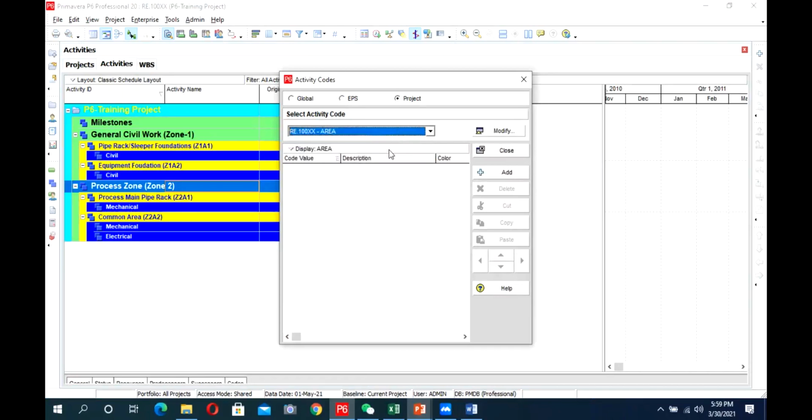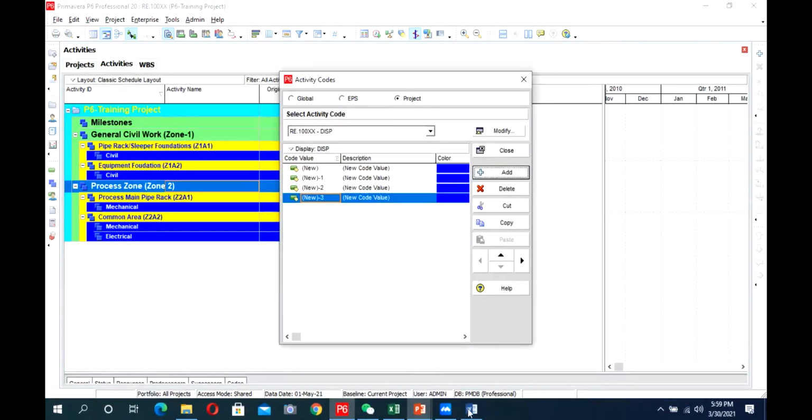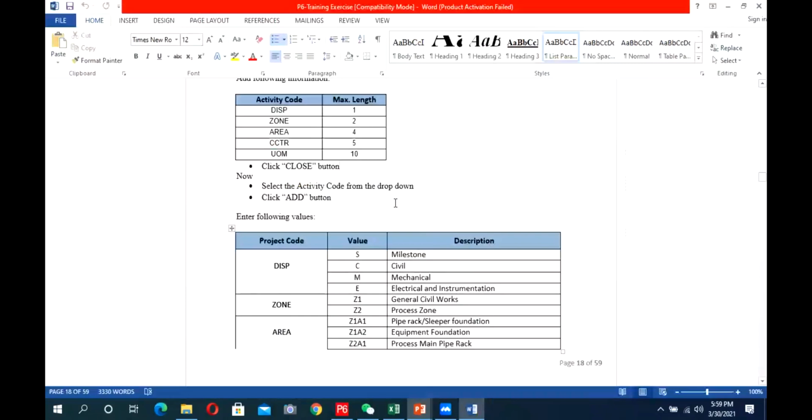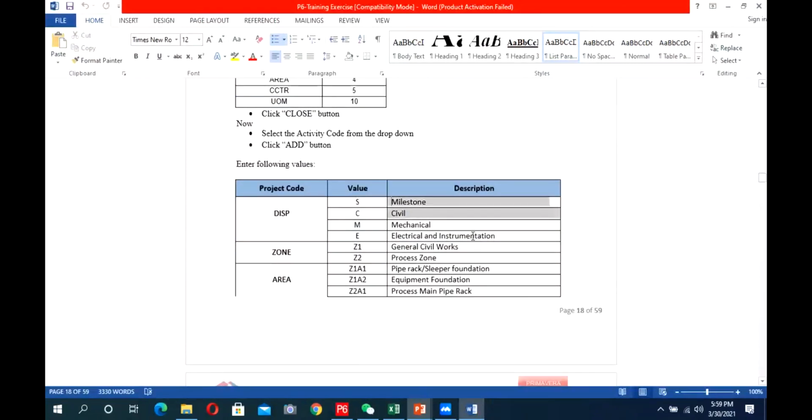So first we will go for discipline. And we will add 4 here. In discipline, you can see there are 4 activity codes here. So we will define these 4 codes in P6.